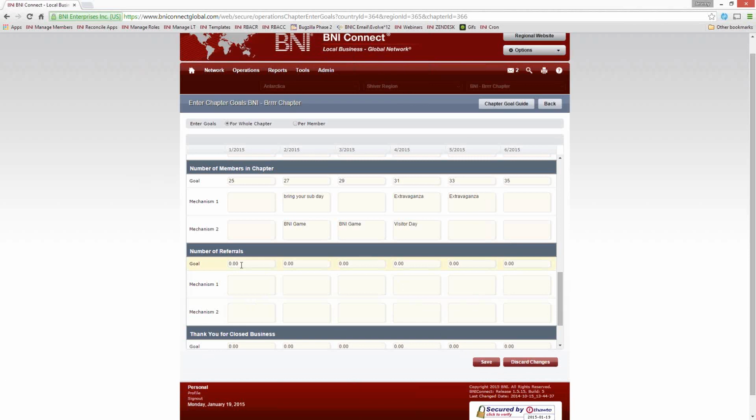That is our goal for every member of our chapter, 1 referral per week. So based on that, that is 4 per month. Or if we have 25 members in our chapter, that would be 100 referrals per month. And it's the same thing with just doing this calculation all the way through.